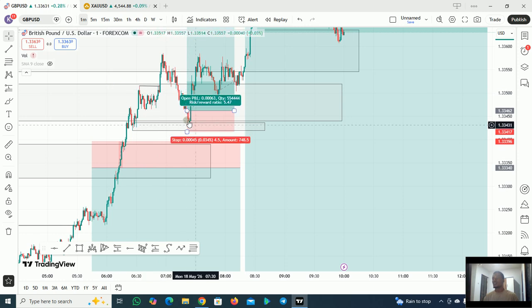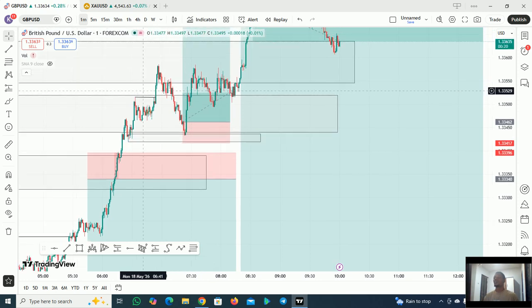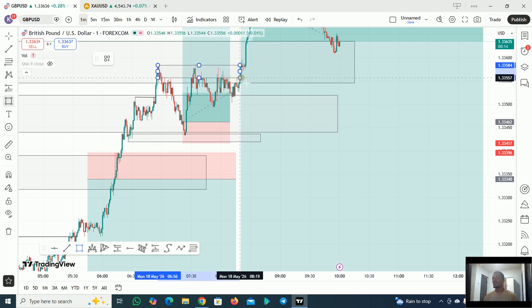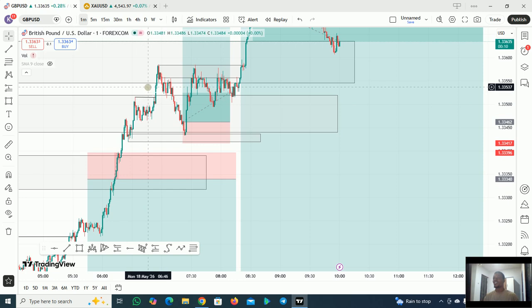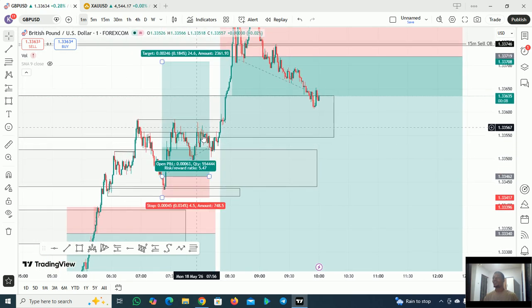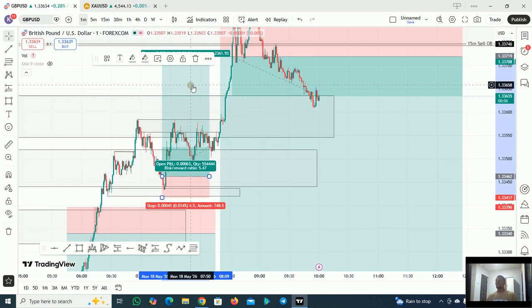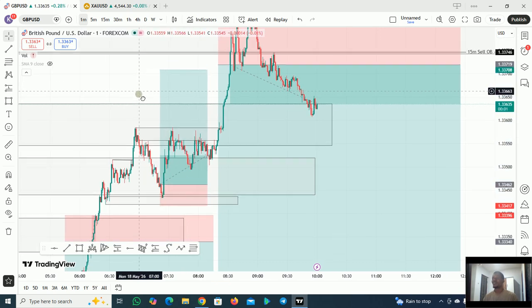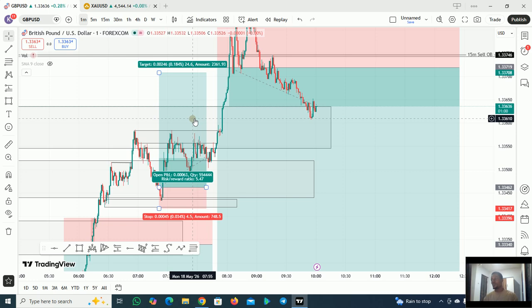As you can see, when the market mitigated that zone, the market gave us a huge green candle. So I'm guessing price did generate a lot of liquidity here as well on that zone. So price went ahead and swept the available liquidity there. So we took 1:5. Yes, 1:5 on this market. So always know how to spot liquidity.